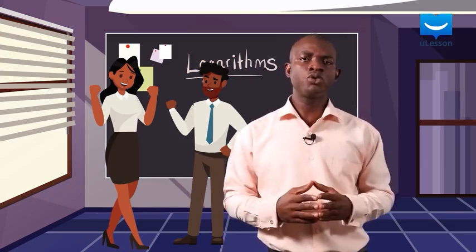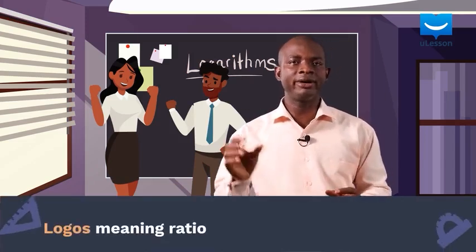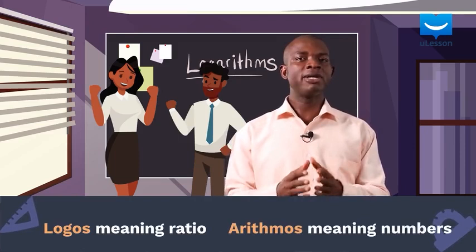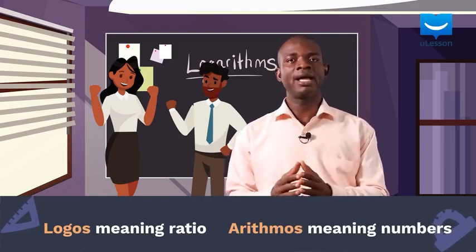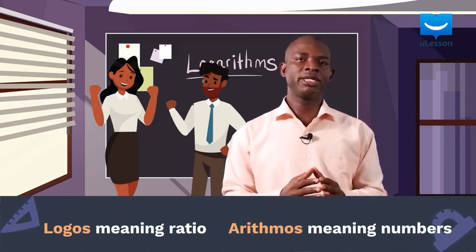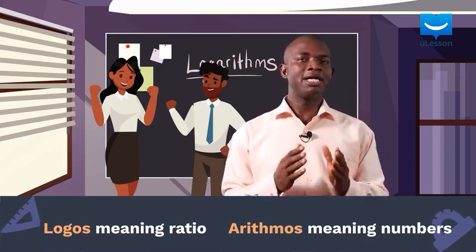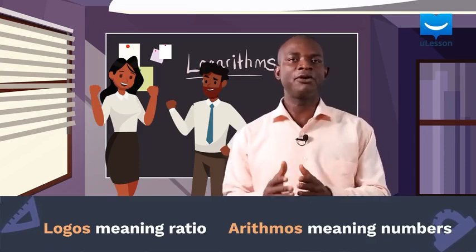It was coined from two Greek words, logos and arithmos. He made multiplication easier by finding the logarithm of the numbers he intended to multiply and then summed these logarithms. Then he found the number with that summed logarithm, and that was the product of the initial numbers he wanted